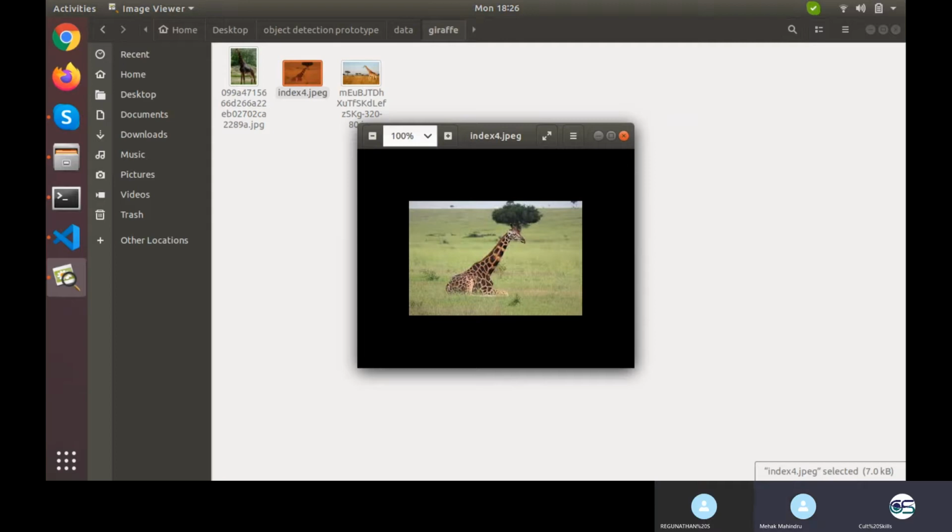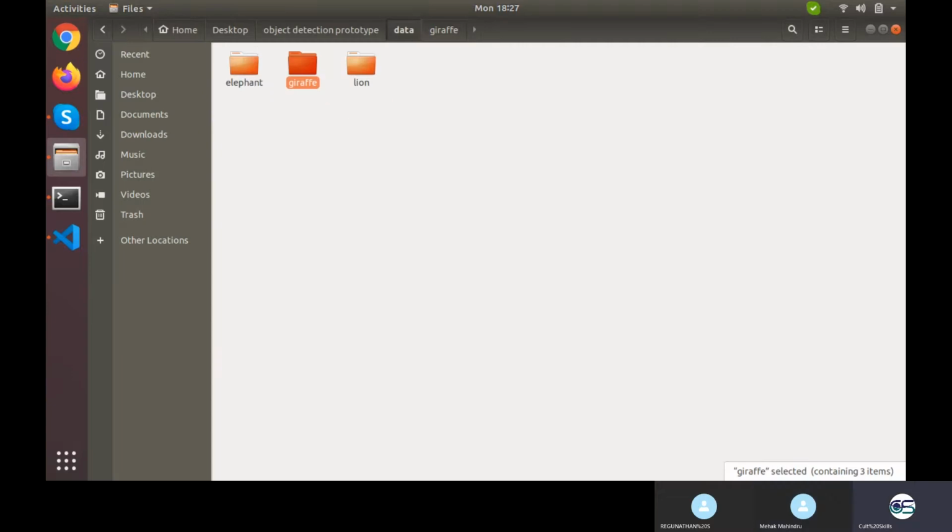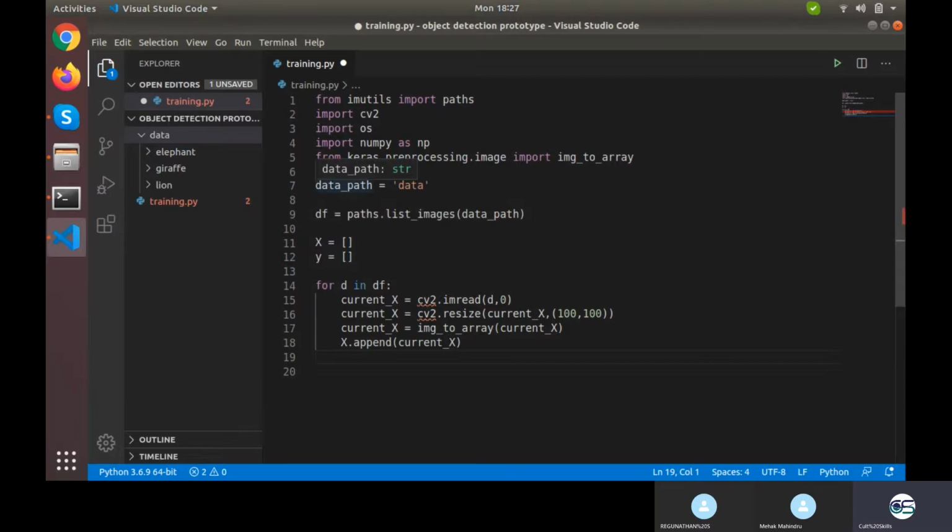We can number the folders, like the folder that contains giraffe. Right, so why can't we take the name of the folder instead? We need to fetch the name of the folder, which is the corresponding label for all these images. Now if I store the images of lion in the folder named rabbit, then my data would store the features of a lion under the name rabbit. That is not a problem with the data, that is the problem with the person who created or used that data. So my model will learn the name of the folder corresponding to the features in the images.